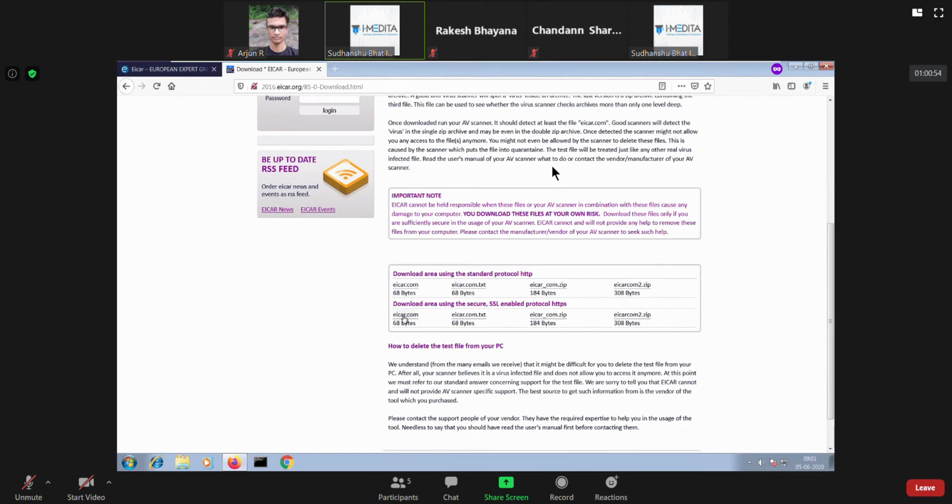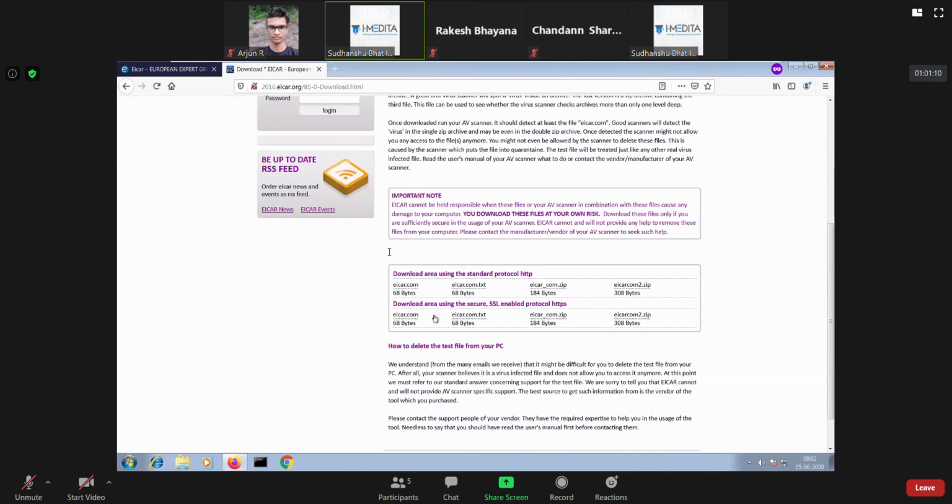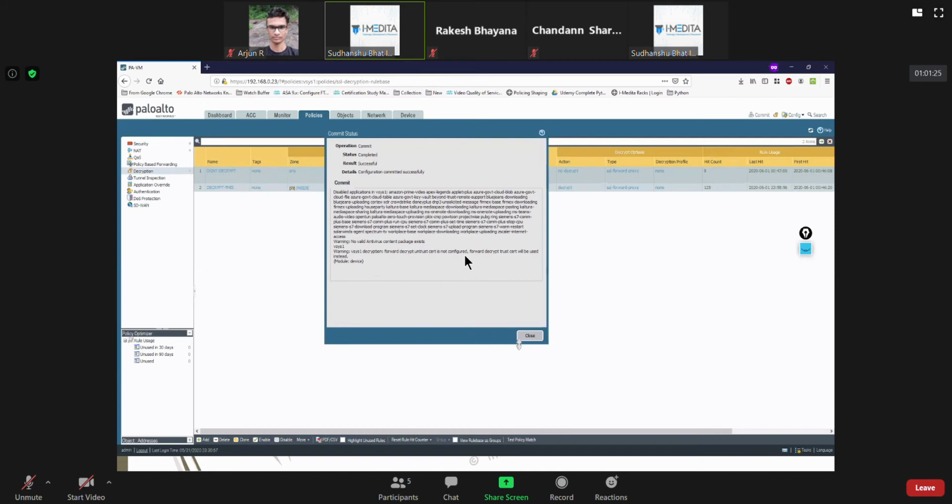Now, if I try to click on this, see, it's blocking the SSL connection when it realizes that this is a malware file. So you get the point, right? If you have SSL enabled and you want to check with SSL enabled, you can try to download this. Once you have decryption, you won't be able to download. Clear?